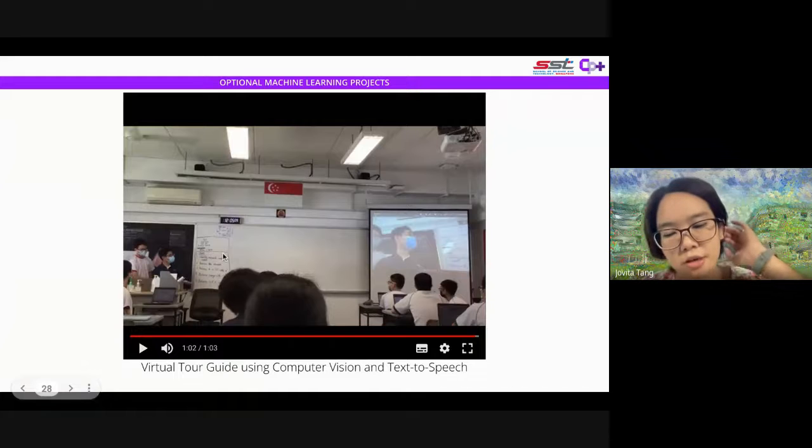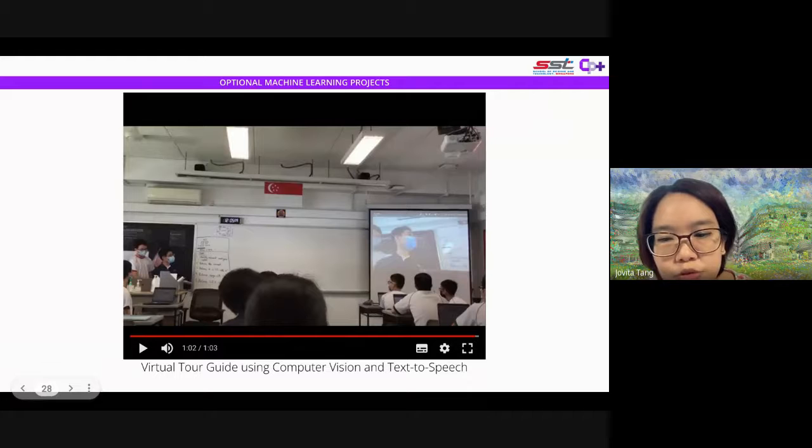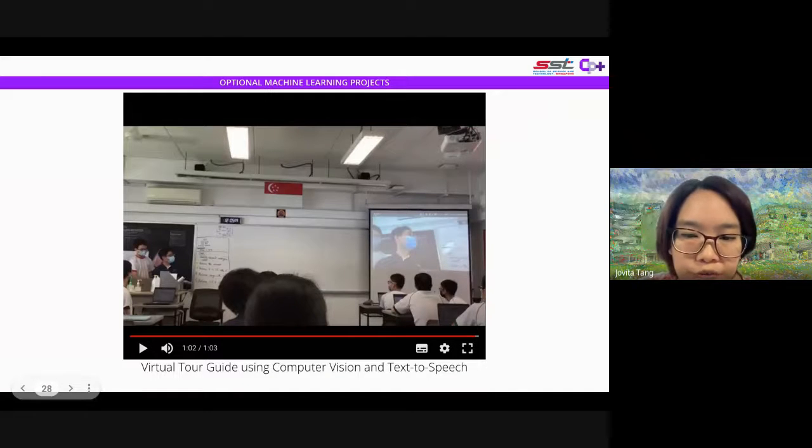So that is what one of the groups has done. I think compared to what we actually went through in class, they've really done extensive research on how to code out and especially incorporate computer vision into their project. So what we focus on in class is mostly